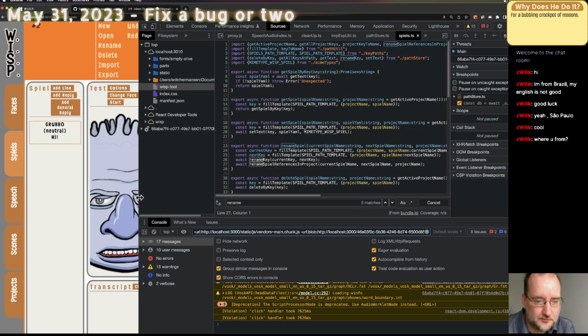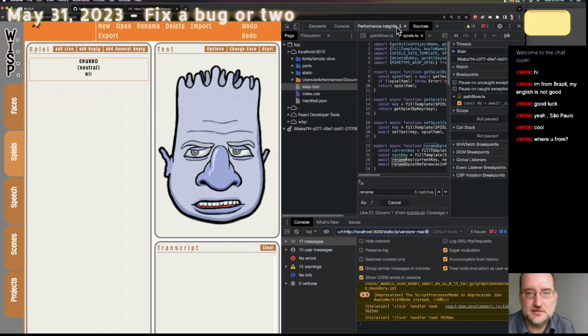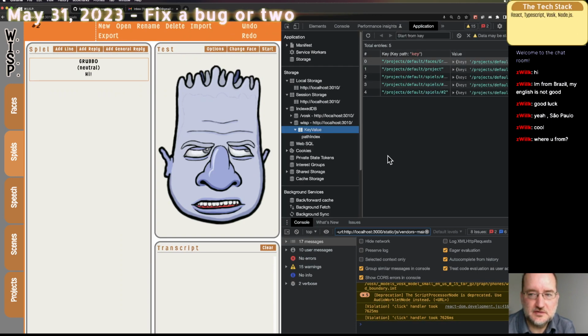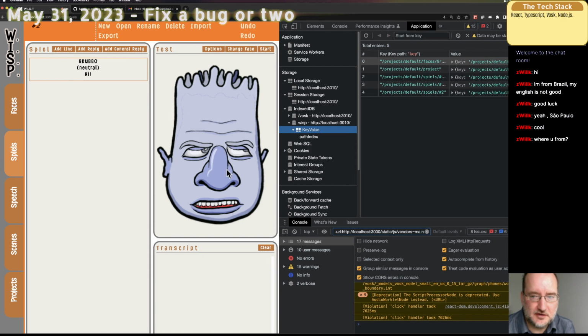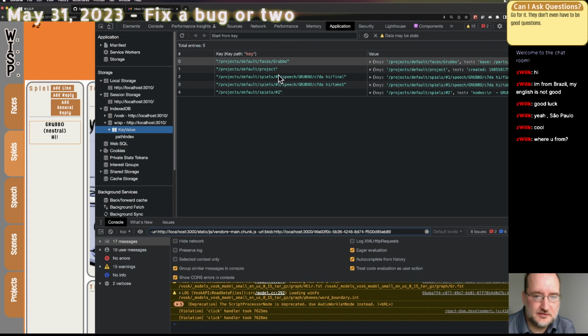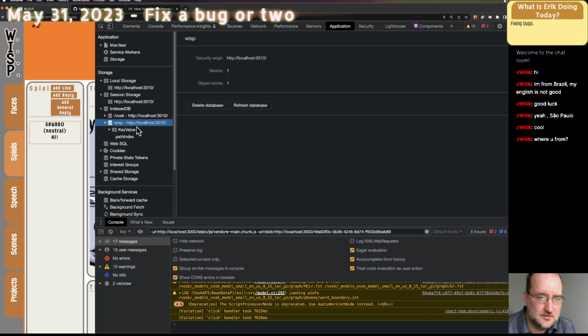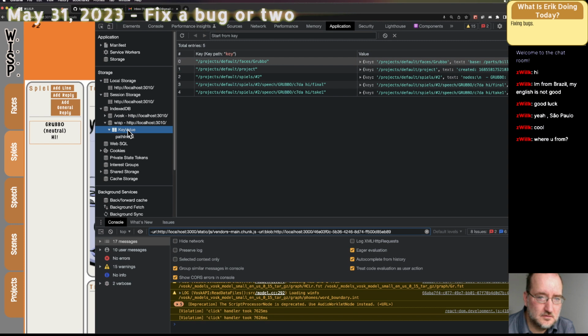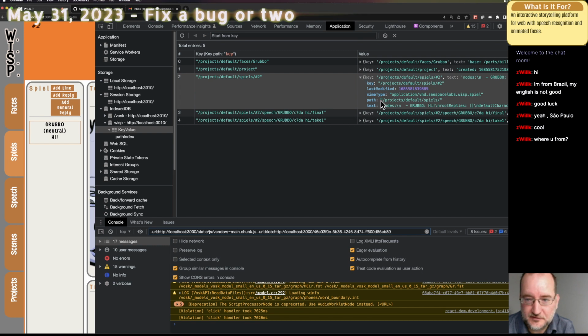Okay, so it's renamed to number 2 there. If I go to application and I do a refresh, I'm expecting these 2 to get renamed. That's good. So those are number 2. Now if I look inside of here, I want the paths to match up. Yeah, that's good.